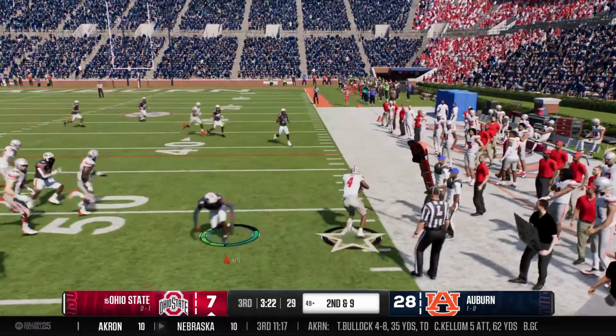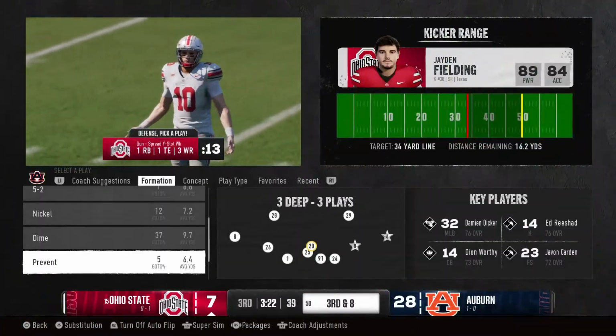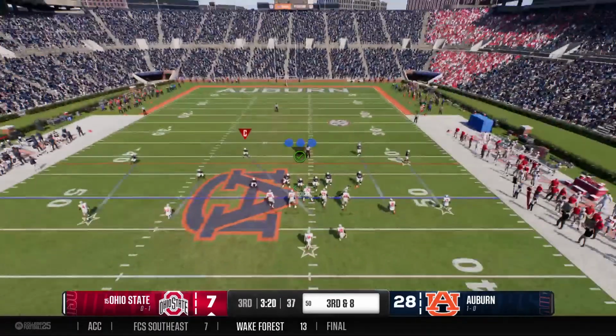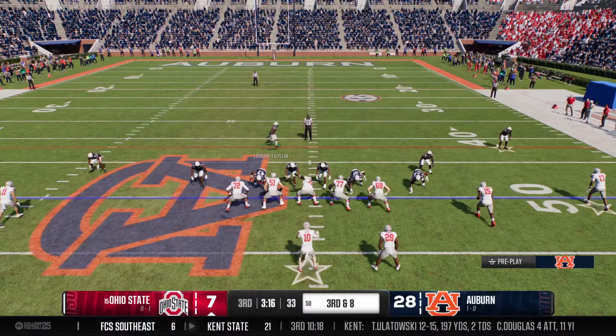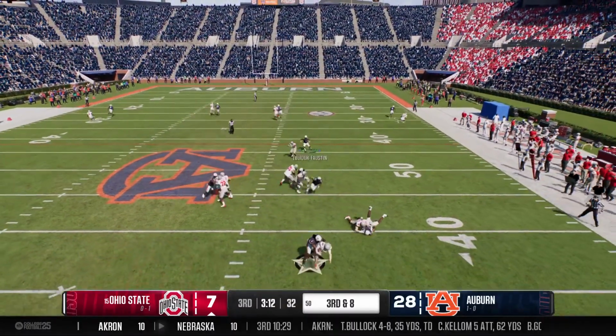He's got his man. Slips one guy, and now he's loose. I love offenses and quarterbacks that are willing to take the easy stuff. Take those easy throws that are guaranteed to get positive yards. Yeah, I'm going to take big shots down the field too. But don't forget, it's easier to pick up 2nd and 5, 3rd and 5 than it is when we...